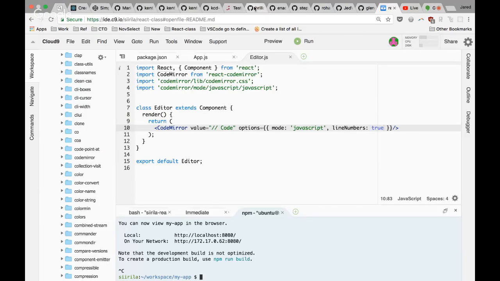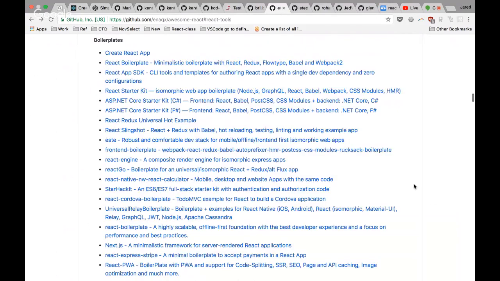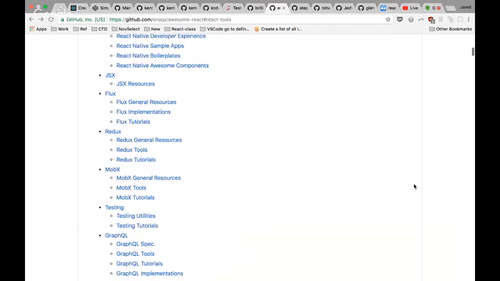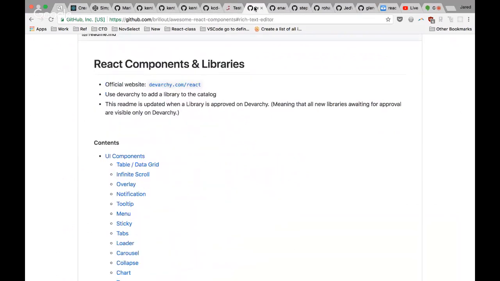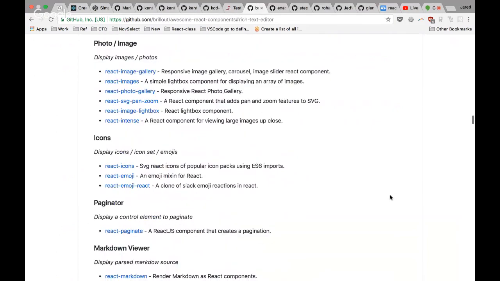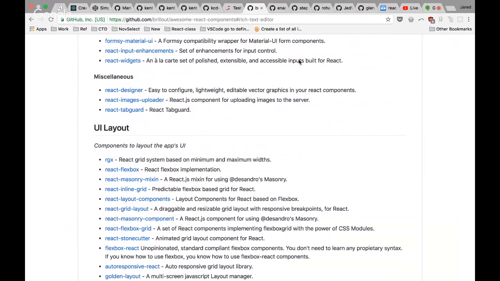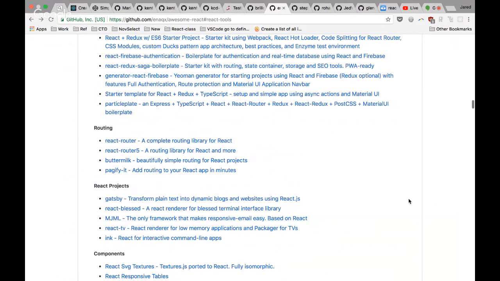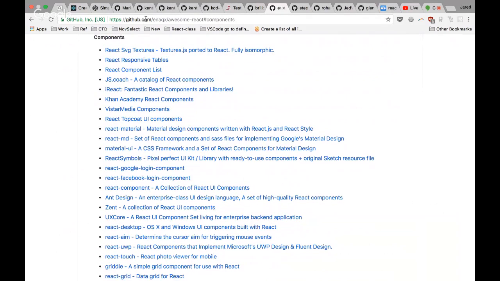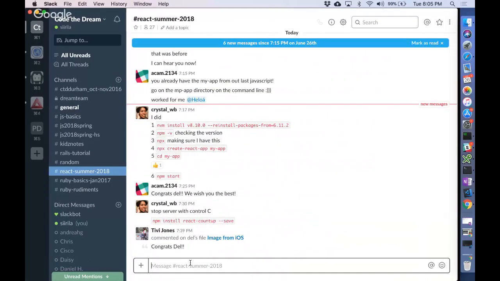First, what I want to do is, let me see here. Which one of these do I like? I like this one more, I think. No, it was definitely this one where there's just tons all in one place. Yeah, here we go. Can I jump to this section? I can. There we go. So I'm going to post this as a link. And what I would love to see people do is